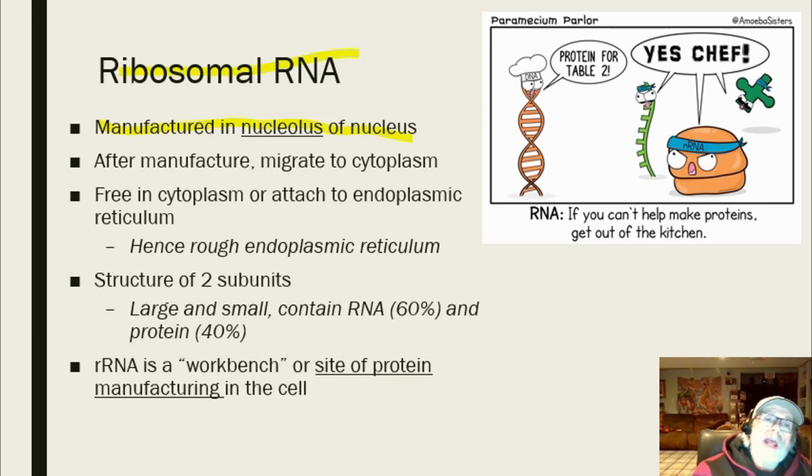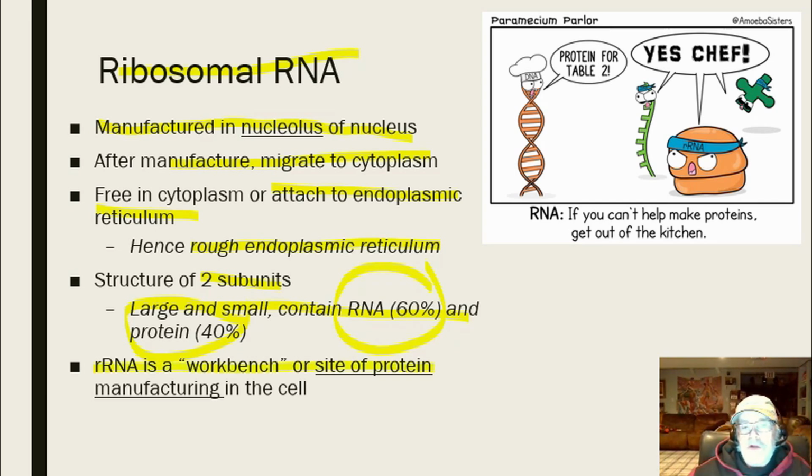But what happens is after they manufacture them with the ribosomes, they migrate to the cytoplasm. Where do they go? Attach to the endoplasmic reticulum, hence the rough endoplasmic reticulum. Now it's making sense. Also, some will go to mitochondria and stuff like that because we know we have mitochondrial rRNA in there. Again, 2 subunits, large and small, contain 60% of the rRNA and about 40% protein. But what happens is rRNA is the workbench or the site of the protein manufacturing in the